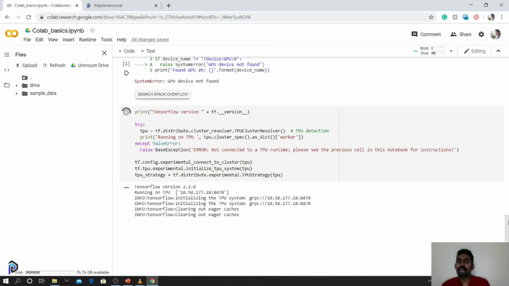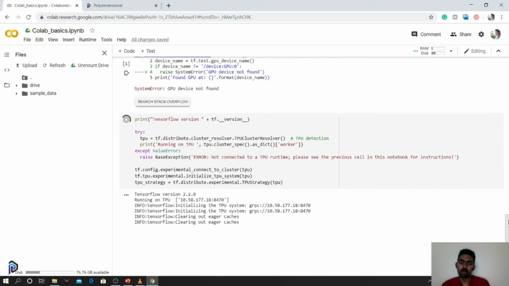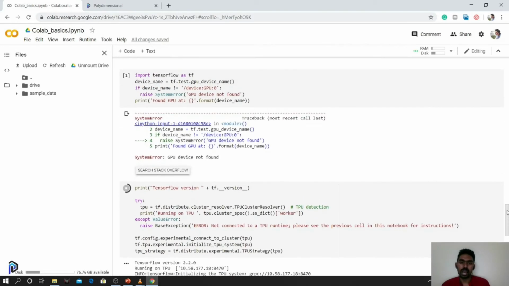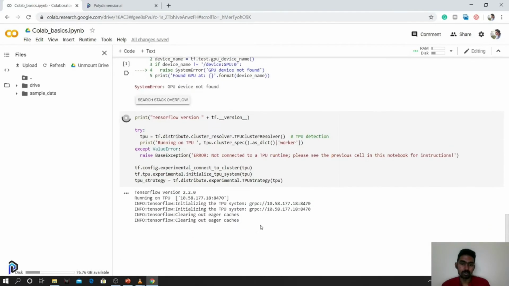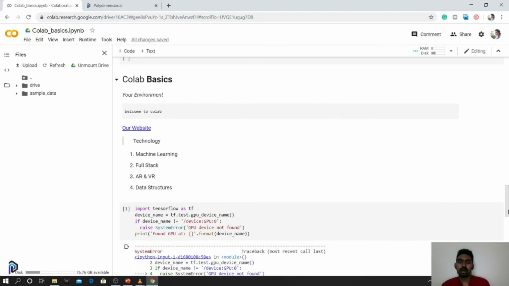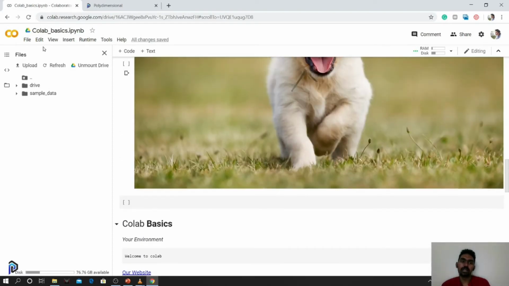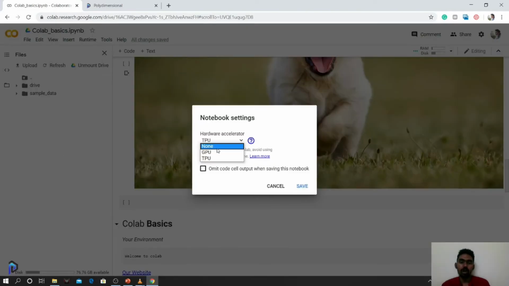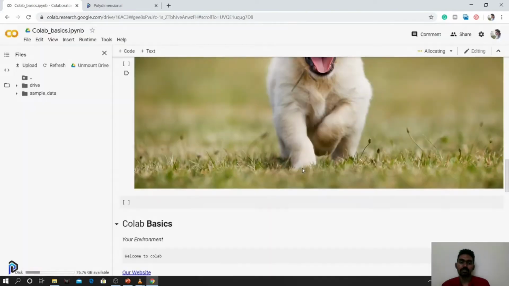This is how you access a GPU and a TPU using Colab. Right now we are just experimenting with the access to it, and we will not be needing it any further. We can see we have the access, so we'll just stop this. Since we don't require this anymore, we'll get back to the normal, non-hardware-accelerated mode.